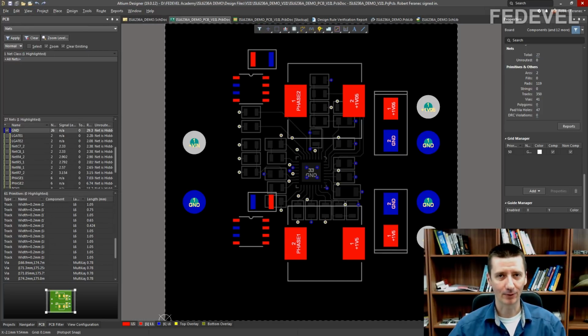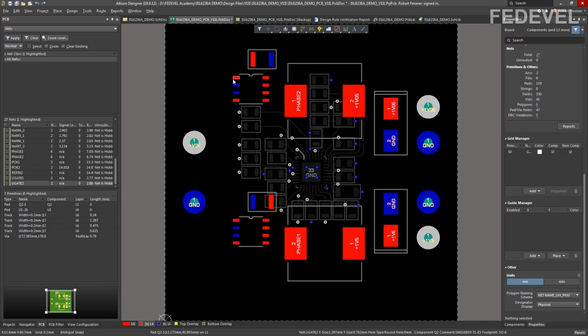Don't forget about our mission. Do you remember what our mission is? At this stage of the layout, our mission or our goal is to connect all the pins as quickly as possible. We don't care how these tracks are going to look. At this stage of the layout, we don't care how high currents are going to flow through the tracks. We only care about connecting all the pins as quickly as possible. So let's do it. Let's connect all these pins on the top layer.